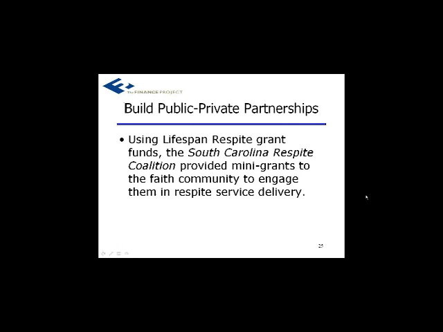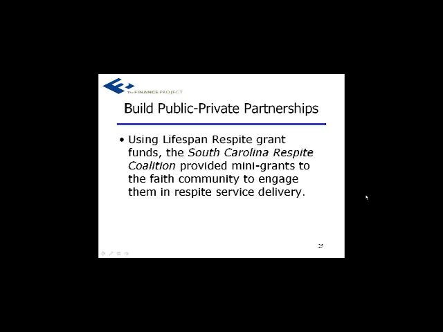Public-private partnerships: certainly in providing actual services, it's great to have a public-private partnership, but you should also think about establishing public-private partnerships for other uses, for communications about your program, for technical assistance, to help with grassroots or community engagement. All of these are great activities that you can seek a private partner to support you in.